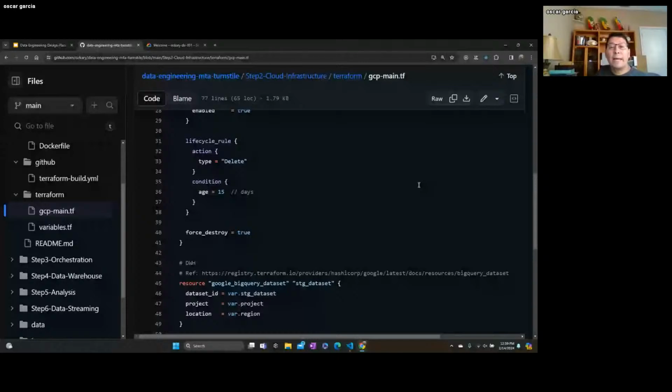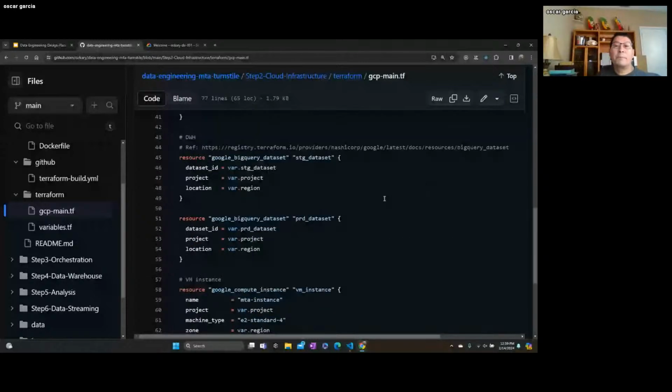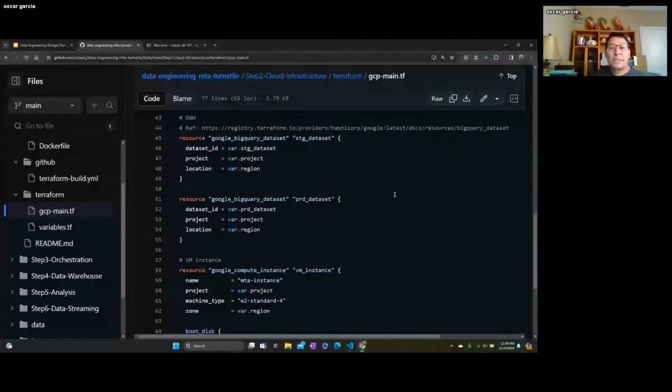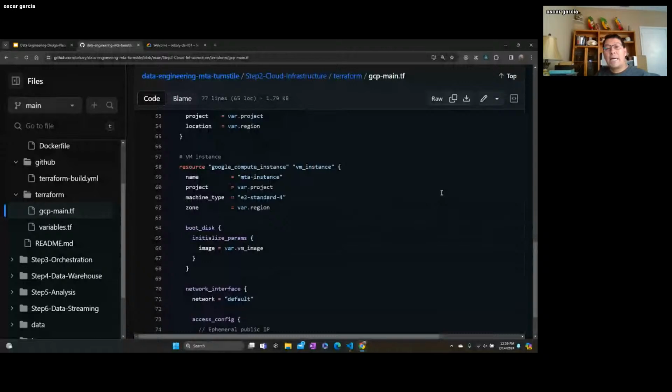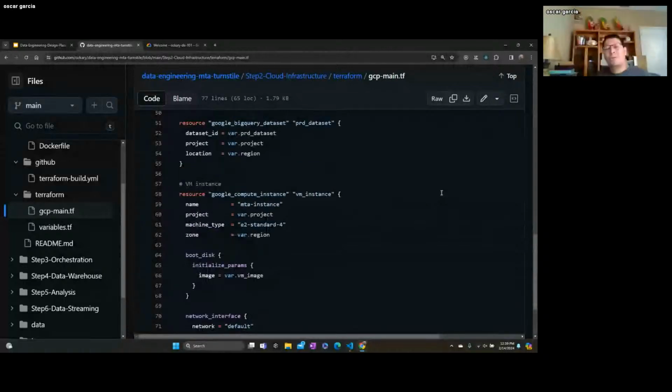Same thing for the data warehouse. What do we want to do? We want a BigQuery data warehouse. We want to build it in this region. We want a VM instance. We want this type of machine, and so on. So this is the actual code that gets executed through GitHub. You can do it manually, or you can execute it through a GitHub Action, I meant to say. But anyway, what it actually does is provision this,